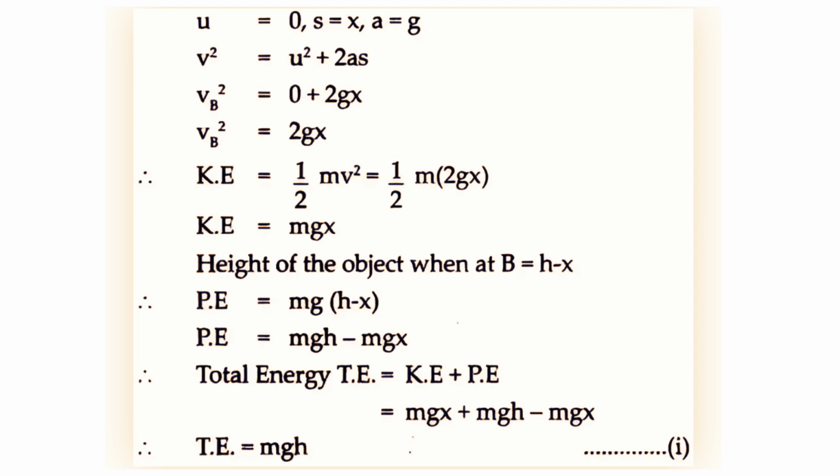Therefore, KE equals 1/2 m v_B squared equals 1/2 m times 2gx. KE equals mgx. Height of the object when at B equals h minus x. Therefore, PE equals mg(h minus x), PE equals mgh minus mgx. Therefore, total energy TE equals KE plus PE equals mgx plus mgh minus mgx. Therefore, TE equals mgh. (i)